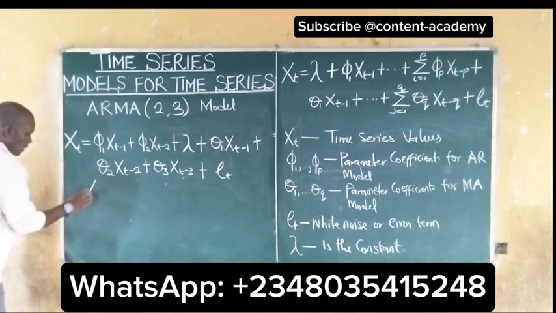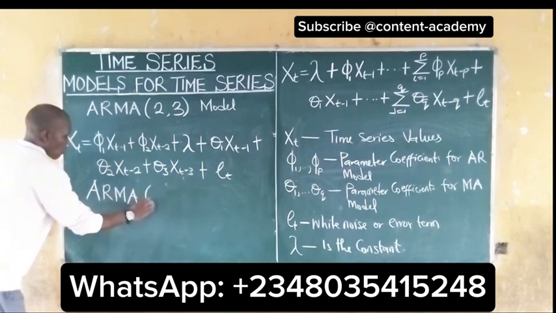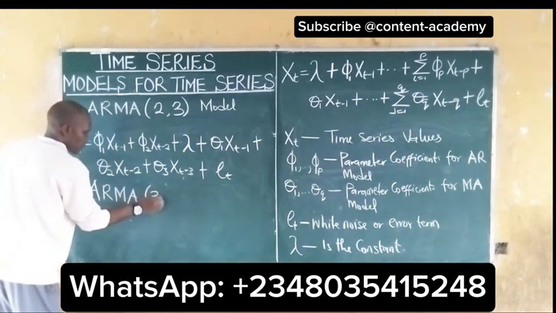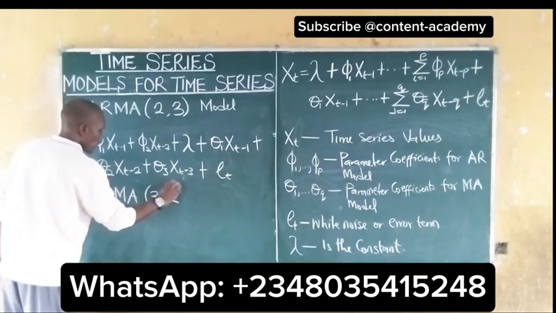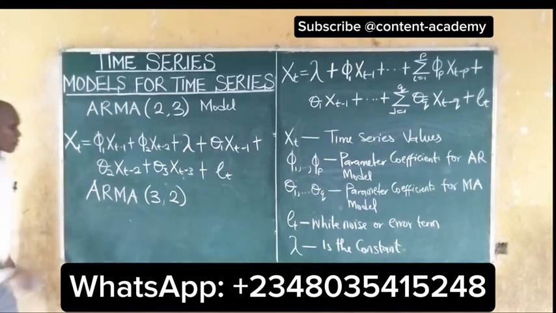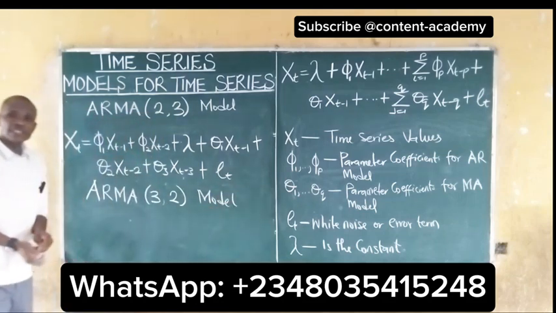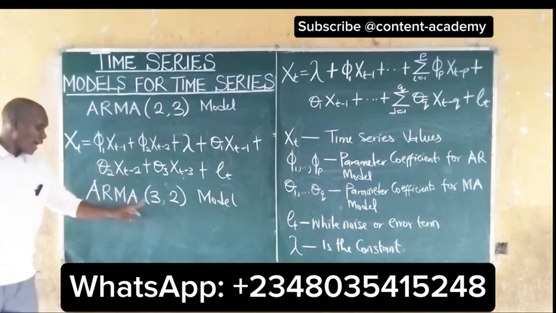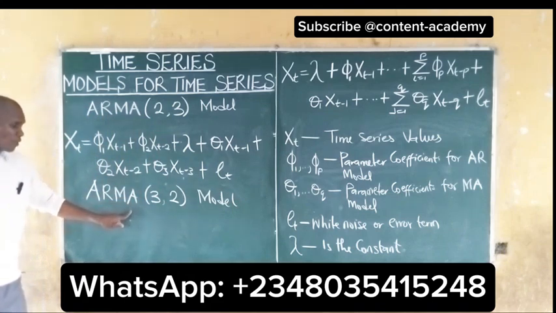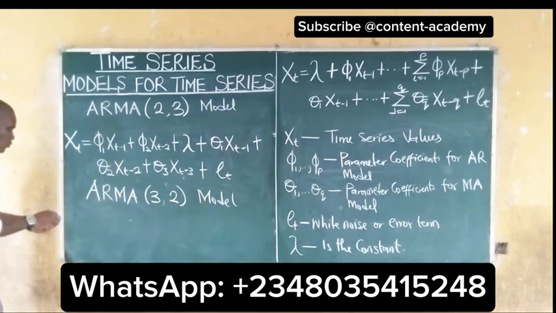We can also be asked to write the ARMA model of order, this time, 3 here, and let's say 2 here. What this simply means is that we have the autoregressive model of order 3, and we have the moving average model of order 2. So we can still write it out. It will give us